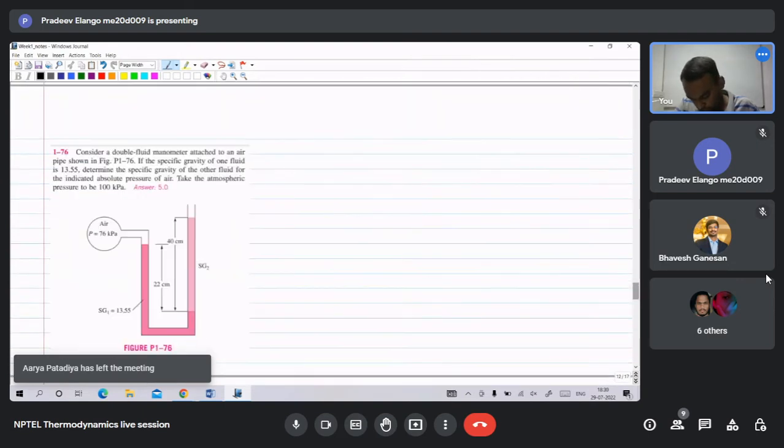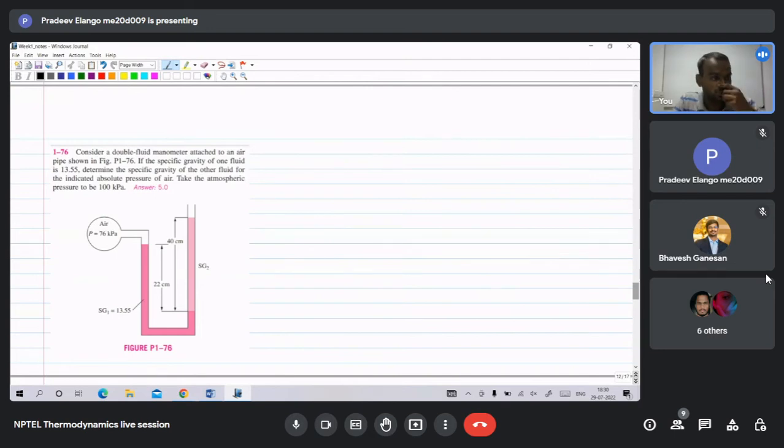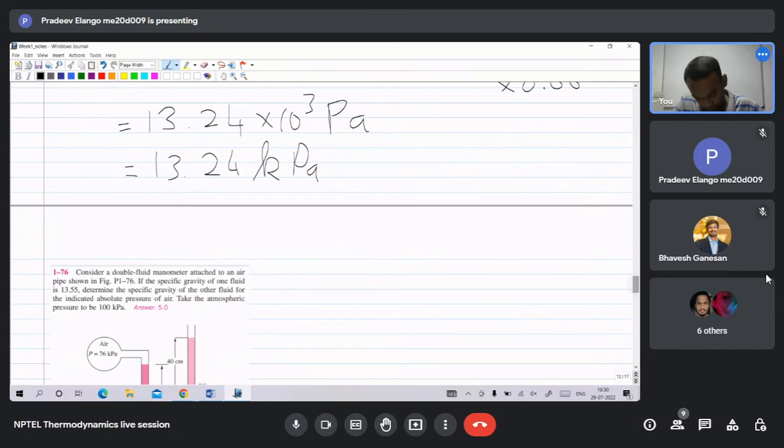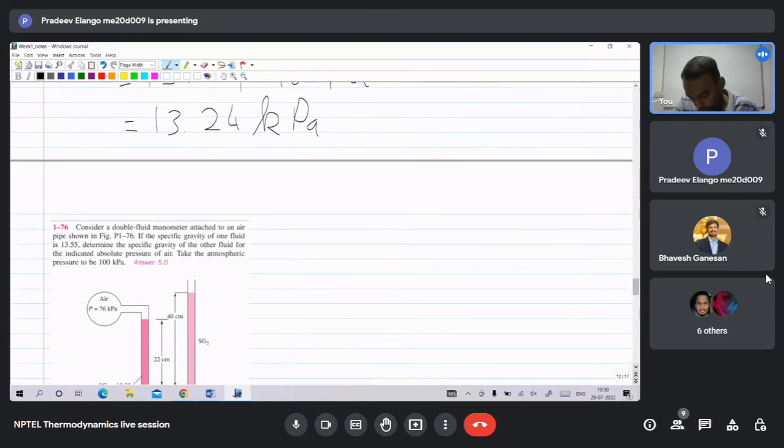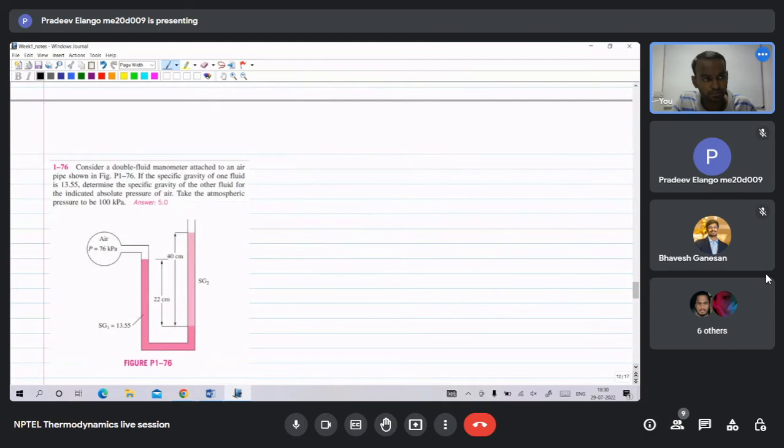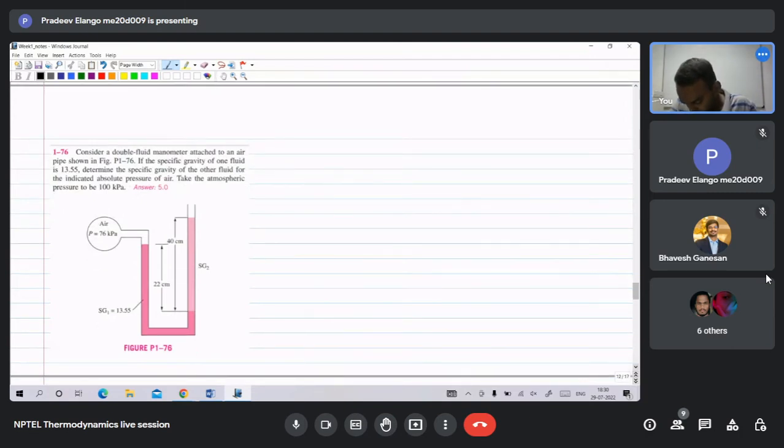Okay. So far the previous problems were taken from PK book. The next two problems are taken from Senjo. So here we have a manometer attached to a pipe, as shown in the figure. The pipe has air at 76 kilopascal